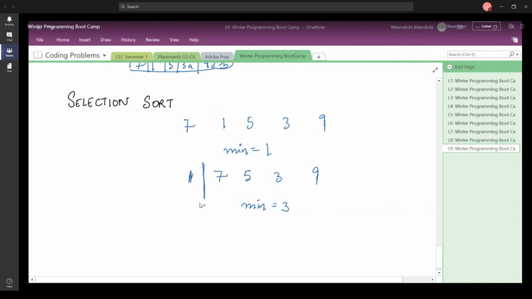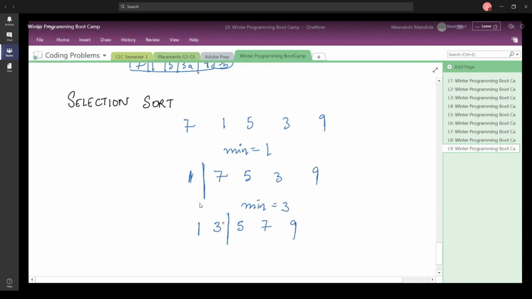And now you're going to change the positions of 3 and 7, since this position is the correct position of 3. So you pick up the minimum element and place it at the beginning. Any element which is at the beginning should go back to the minimum element's position. So you swap 7 and 3 and the rest of the elements are going to remain in the same order. Okay, now you consider this part of the array as sorted. So the first two elements are sorted.